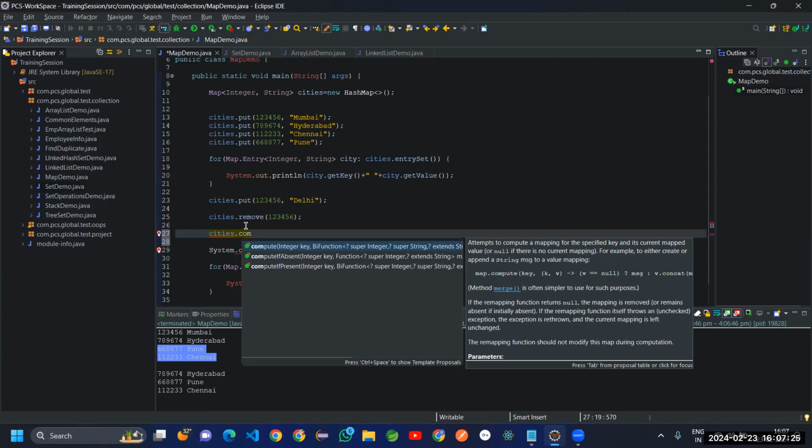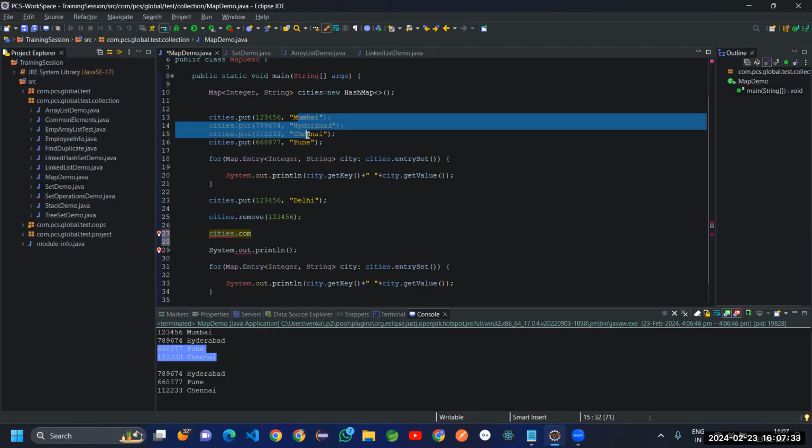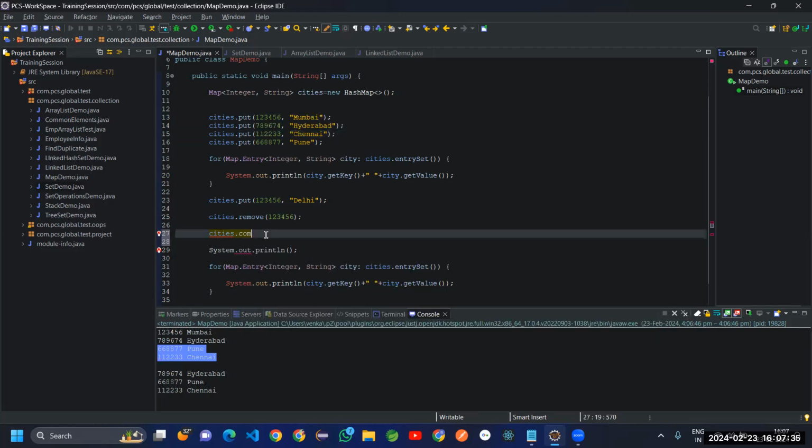So what does it basically do? It computes the value based on the key. Let's take one example in a real-time scenario. Here you mentioned the pin code 668877 for Pune,